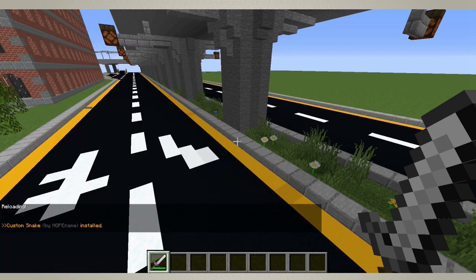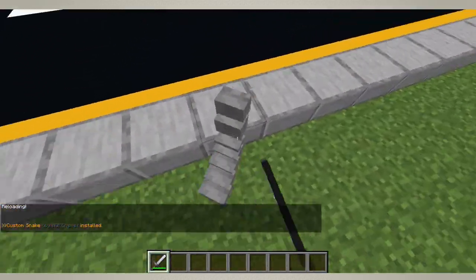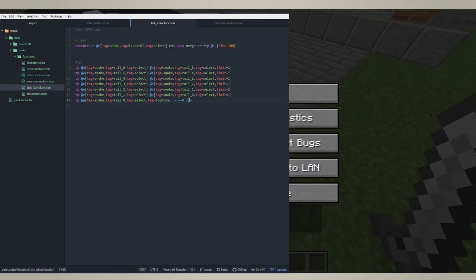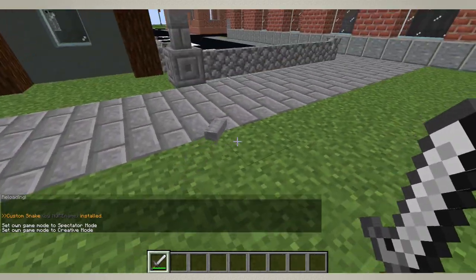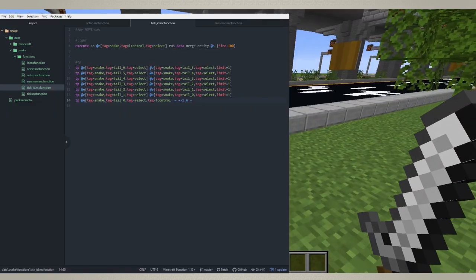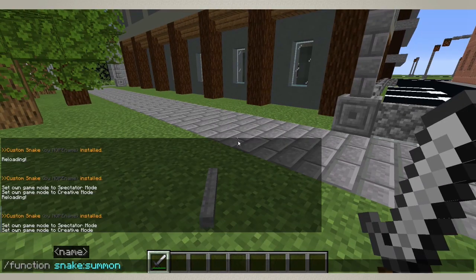Reload. That looks better now, but we still need to teleport them down a bit more. So that looks fine now. I will also use the relative rotation teleportation here,